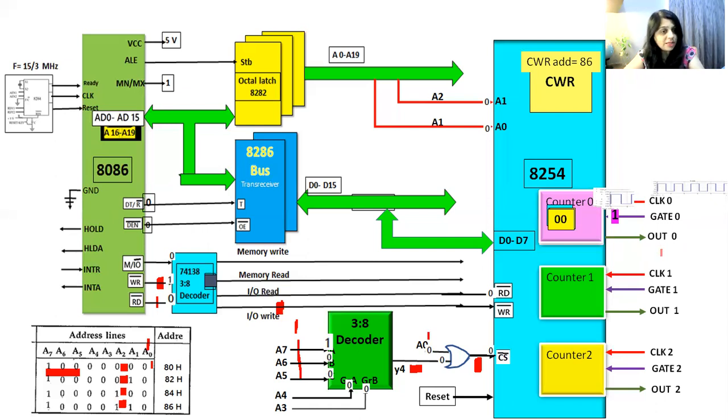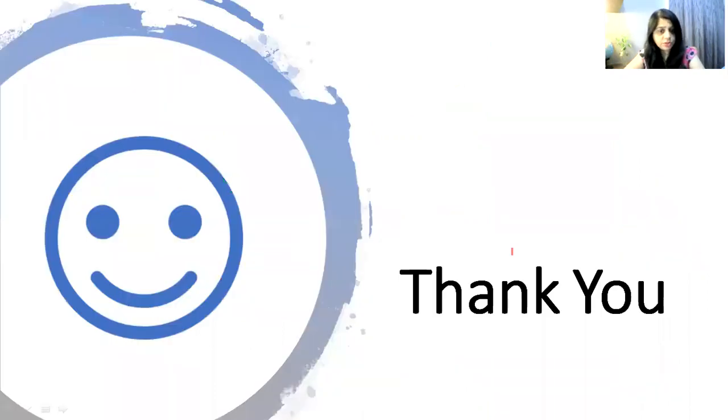waveform based on in which mode we are using it. If we are using it in mode 0, we will get waveform something like this. So if it is a rate generator, for 2 clock pulses it will be 1, and for 1, it will be 0. If we are using it as a square wave generator, and if our count is 3, so for 2, it will be 1, and for 1, it will be 0, and so on. So we will get different types of waveform at the output based on in which mode we are using.